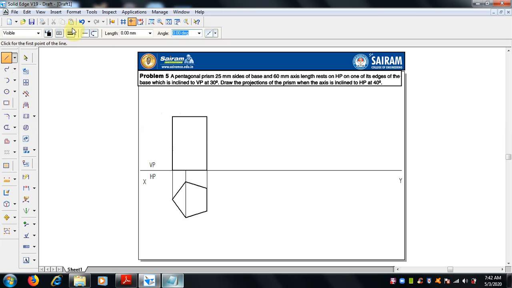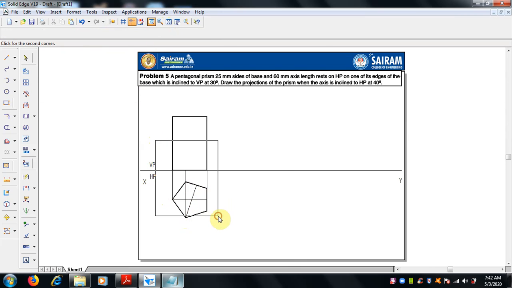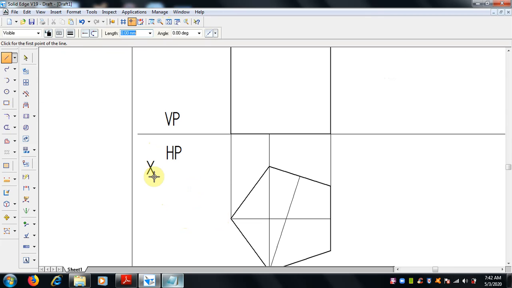So the center line we have to find. From the top, first we have to find the center line. Just draw this, first find the intersection, from here to this, just draw this line.